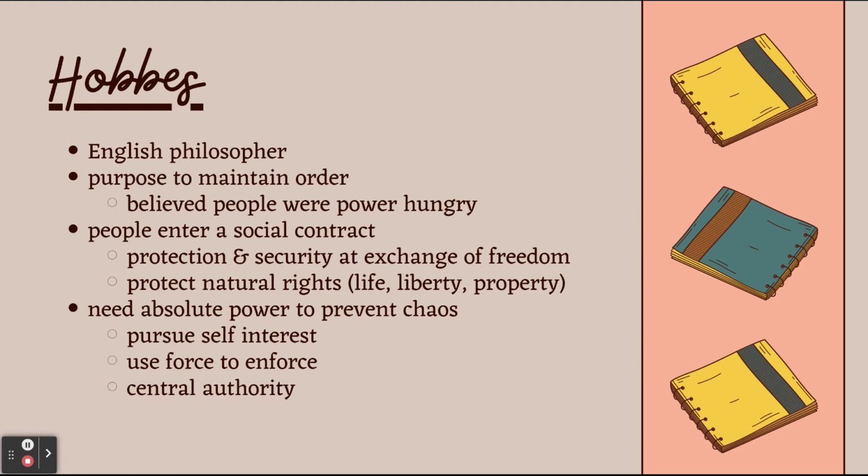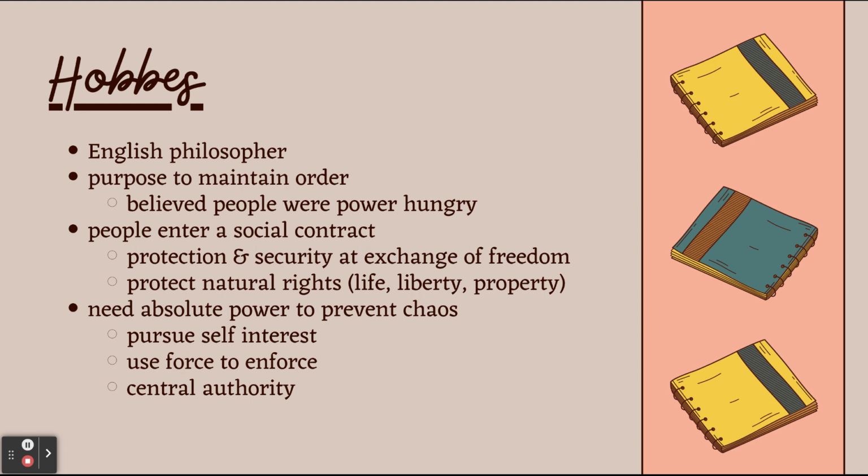So, unlike a lot of the other philosophers who had democratic ideas about government and people having representation and a say on how things were run, he believed that that government should have central power and that they should have all the power. He believed that people inherently were meant to pursue self interest and that could get them in trouble. So consequently, someone needed to be in absolute charge to make sure that people weren't pursuing those self-interests in a way that could harm others.